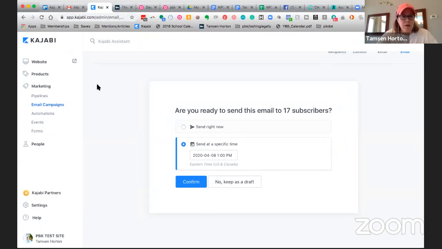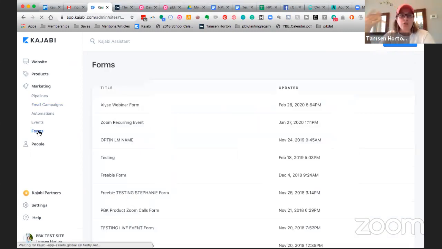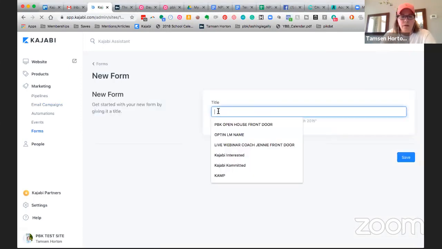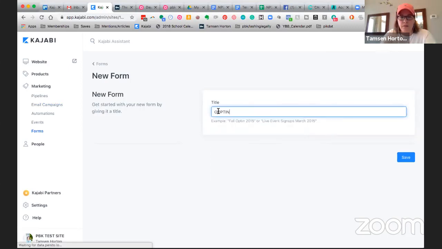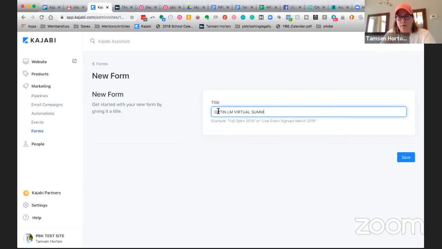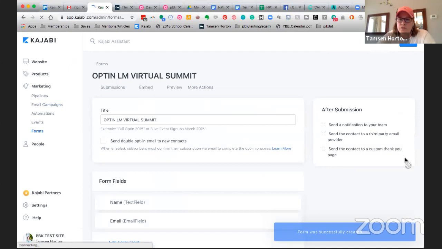Okay, let's get back. There we go. All right, so when the events, all that stuff is set up, what we will need is a form. We're having people opt in to your virtual summit. So you're going to have a form for your front door, getting them in the door. So here we'll call it opt-in lead magnet virtual summit. Your standard